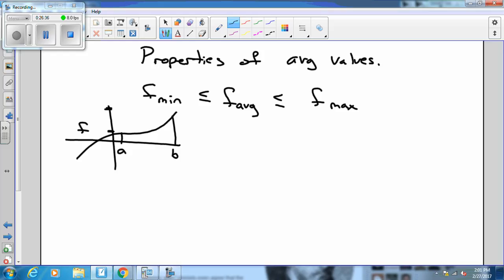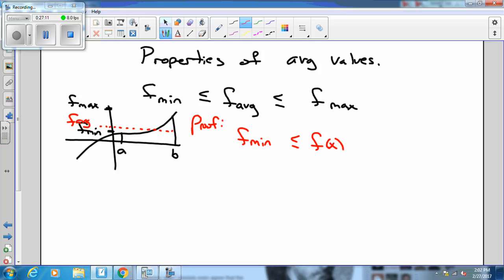In other words, you take a look at this function right here. Its minimum value is all the way over here at A, and the maximum value occurs at B. And what this theorem states is that the average value, which looks like it's a little bit below, there we go, f average, has to be trapped in between the max and the min. Now, the reason for it is really simple. We all agree that by definition,